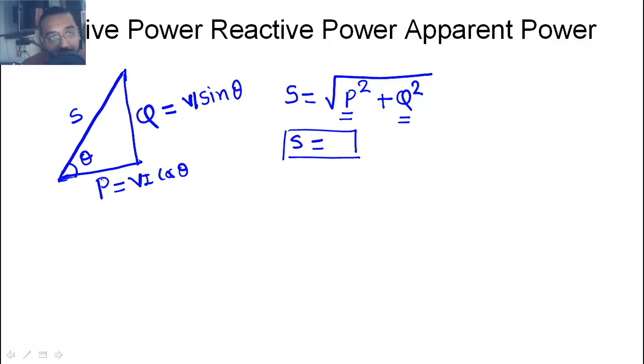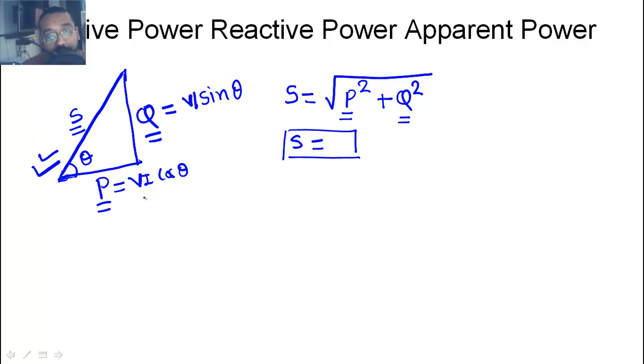So now what is the purpose of explaining you all this? The purpose is very simple. The power that is being delivered to you is not only in the form of P, but in the form of S, because the apparatus that are connected at your home are not only consuming the active power, but they are also consuming the reactive power, that is in the form of Q. So now what is the reactive power and how is it being consumed? So this is the question.